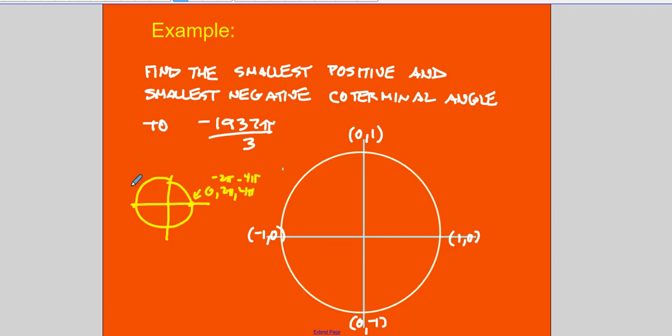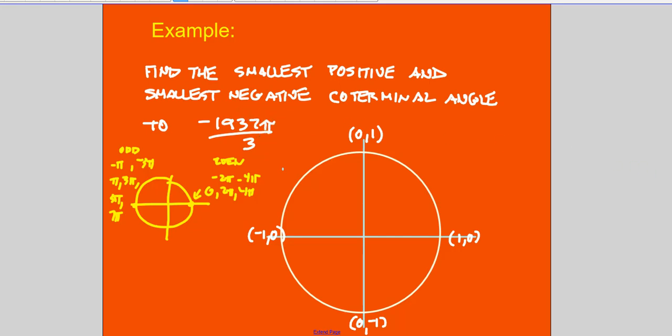Now over here, these are going to be odd multiples of pi: pi, 3 pi, because pi plus 2 pi makes 3 pi, 5 pi, 7 pi, etc. Then you could have -pi, -3 pi, etc. So these are odd multiples over here. These are even multiples over here. So I want to find the smallest positive and smallest negative coterminal angle to